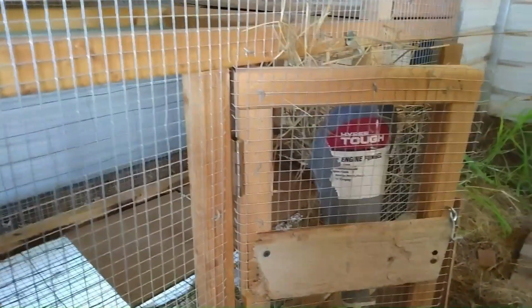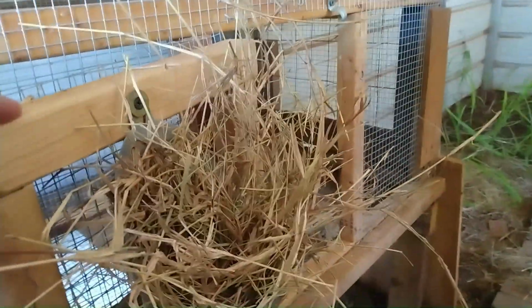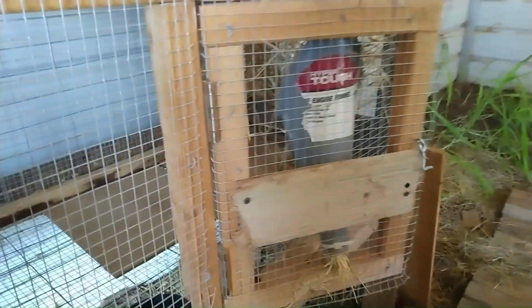I'm just going to add some water in the waterer, wash it and do that. So each cage has to have a flat surface to rest on so their feet don't get sore from the wires. We still have to have the wires so the droppings will drop on the ground. A hay feeder or two, depending on the size, how many rabbits are in there. A couple of feeders, a couple of waters, and